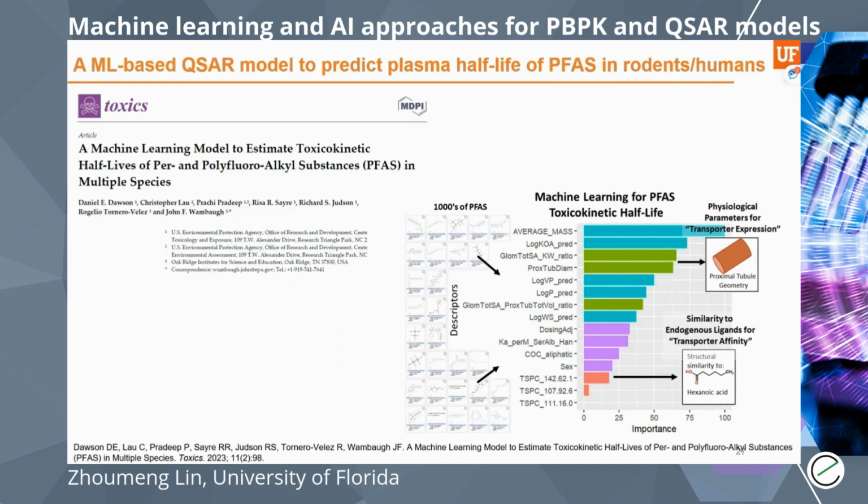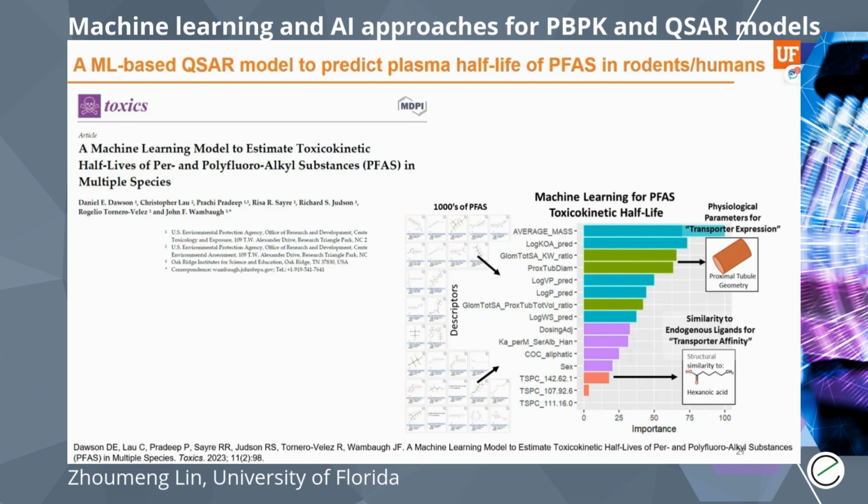It is also a study that tried to predict the plasma half-life, but this study was based on a limited data set because of the limited data available. And the good thing of this study is they were able to build a model based on only several dozens of data points as a categorical model. They divide the plasma half-life into several ranges or several bins, like less than 12 hours, less than 1 week, less than 2 months, and then longer than 2 months. And then they were able to predict the possible half-life range of a new PFAS.